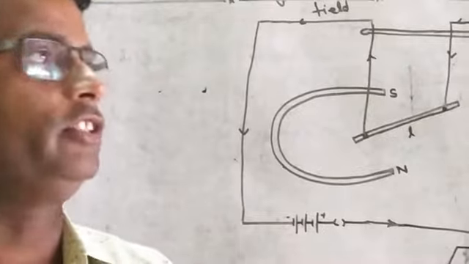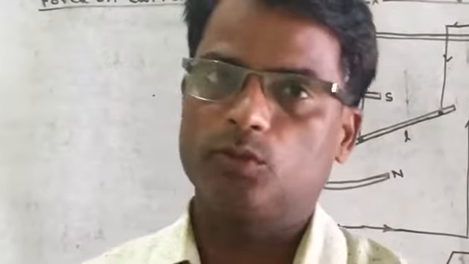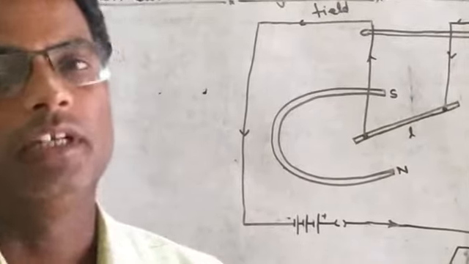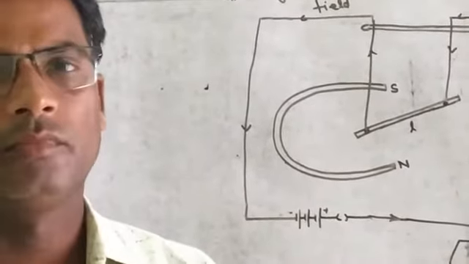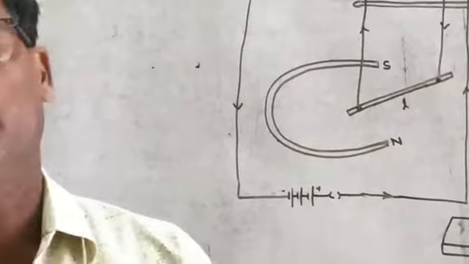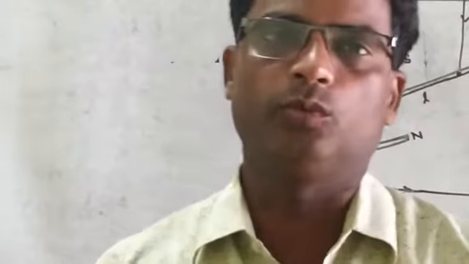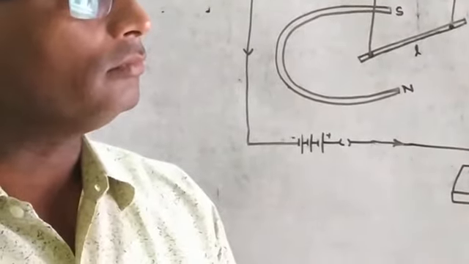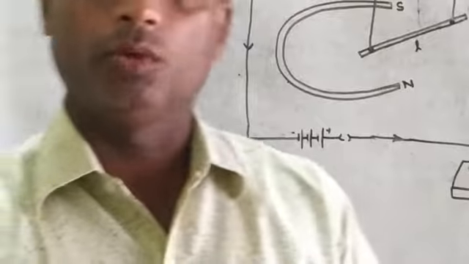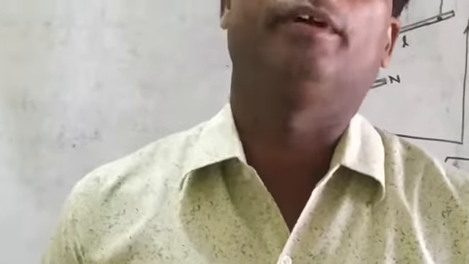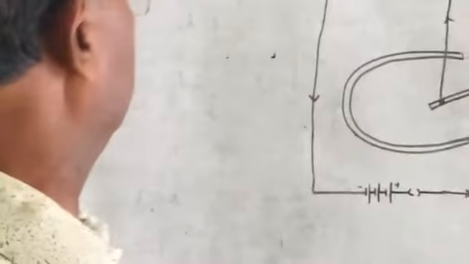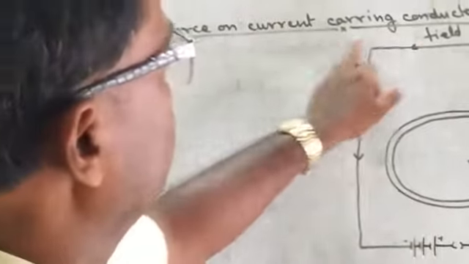There are two laws we can study: Thumb's rule, and after this Maxwell's Cork-screw rule. Again in this chapter we study the magnetic field due to circular coil, factors affecting the magnetic field in the circular coil, again solenoids and electromagnet. Today I will start your next topic, and that is force on a current carrying conductor